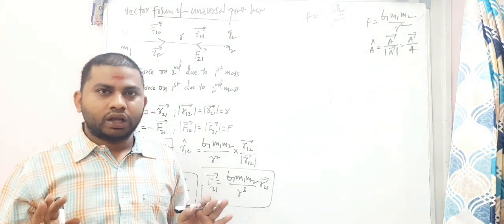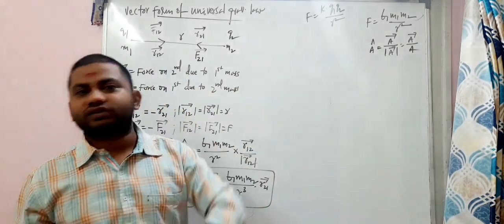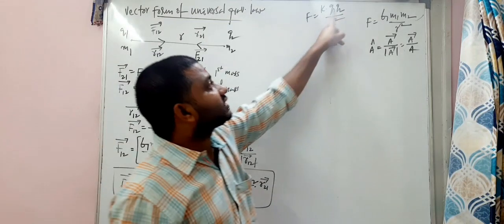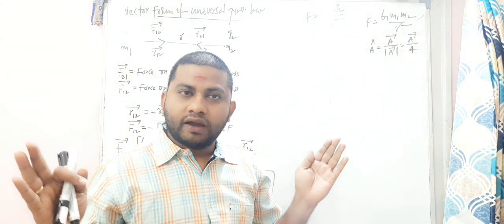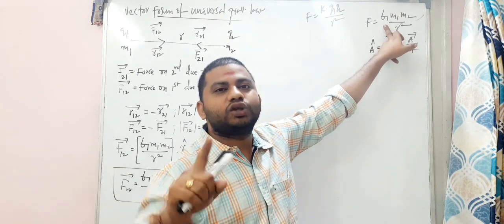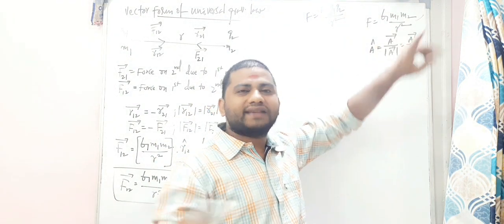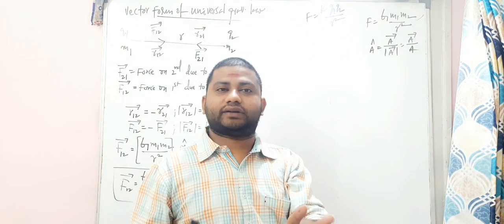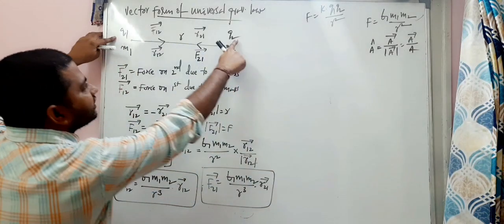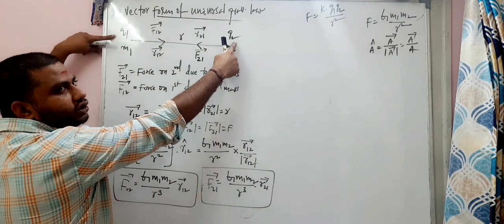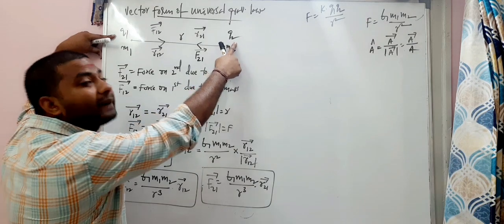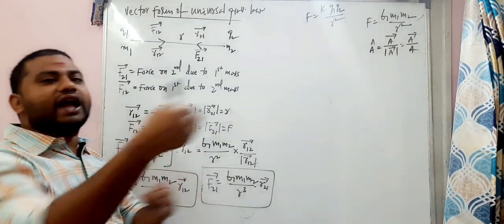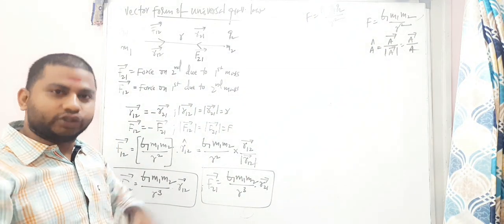What is the difference between gravitation and electrostatics? The basic difference is that here we talk about masses, there we discuss charges. When you place masses, the force of interaction is only attraction, because masses will not repel. Whereas with charges, if both are positive the force of interaction is repulsion, and if one is positive and one negative, the force is attraction. That can happen with charges, but with masses it is only attraction.